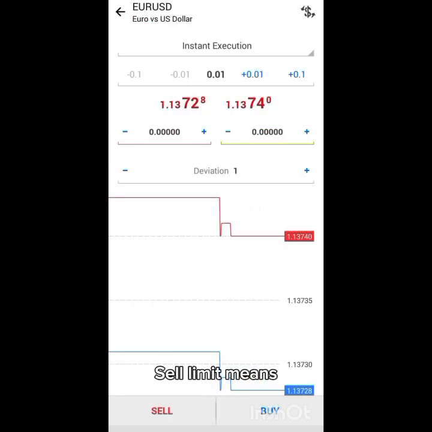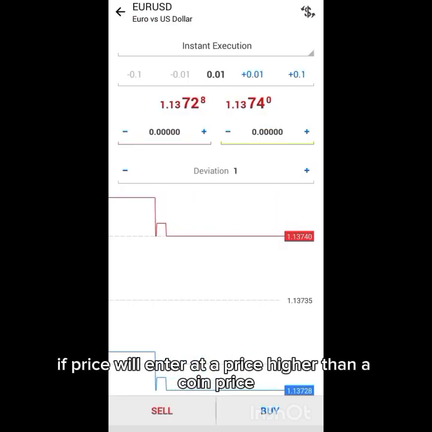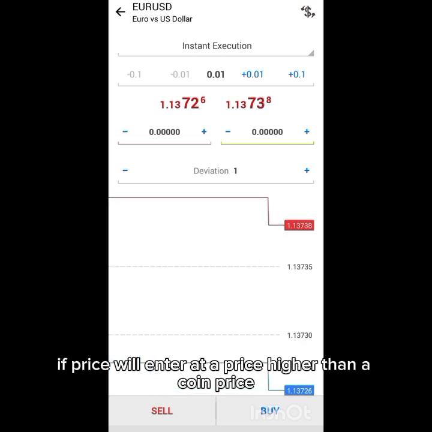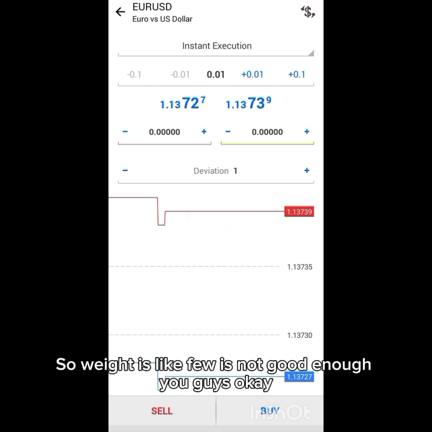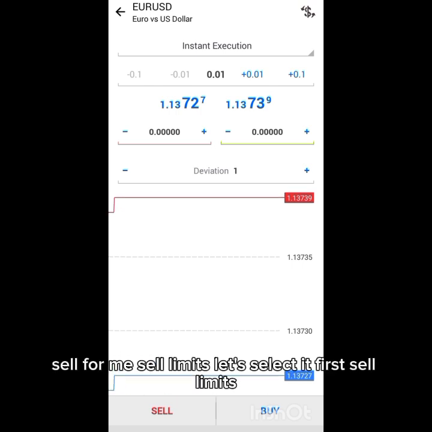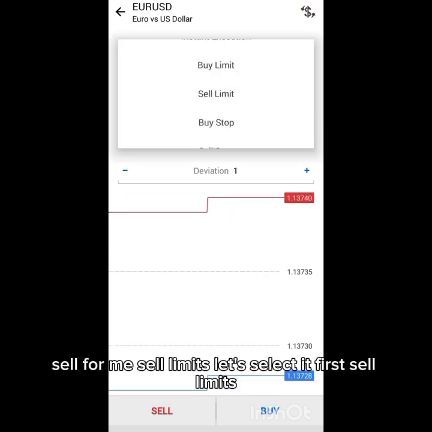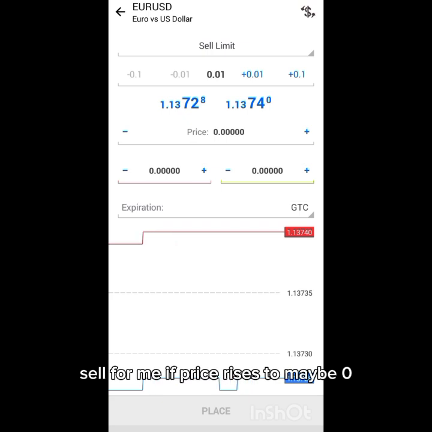Sell limit means you want to enter at a price higher than the current price, a future price higher than the current price. So where it is now, you feel it's not good enough, you can say, okay, sell for me, sell limit. Let's quickly select it first. Sell limit. Sell for me if price rises to maybe